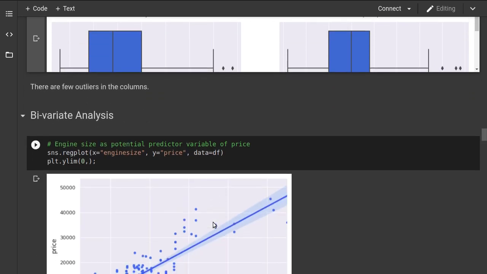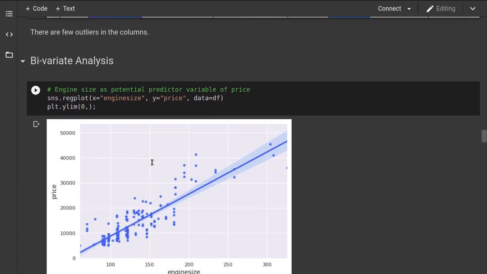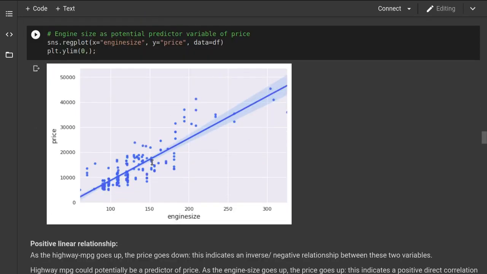Let's move on to bivariate analysis. Here I have analyzed each column with the price column, because the price column is our target variable. So I have used regression plots so that I can see which columns are correlated with my price column.